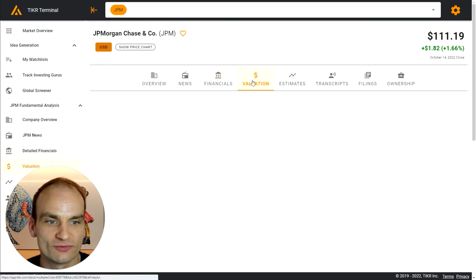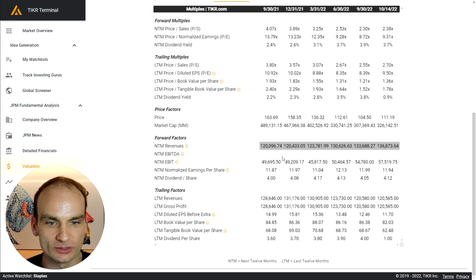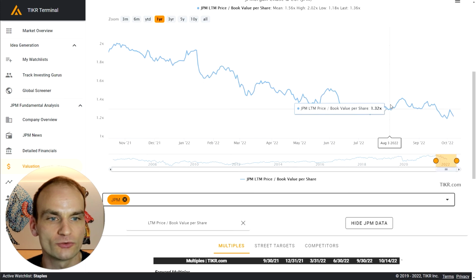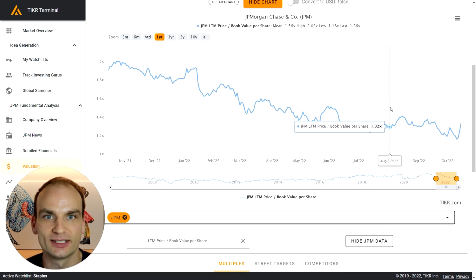When we pop over here to valuations, if we scroll down here, there should be a segment that says price to book value per share. We can also look at tangible book value per share if there's a lot of goodwill. But in this example, we're just going to look at book value. If we click on book value, again, what is book value? It's assets minus liabilities. And that is the book value of shareholder equity. So what are we paying for that equity if we purchased JP Morgan today